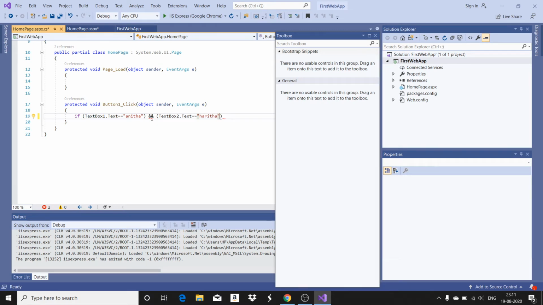So this is the username and this is the password I'm going to have. So if the entered value is this, this is just for the time being.